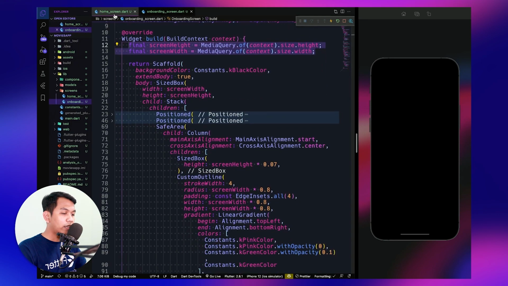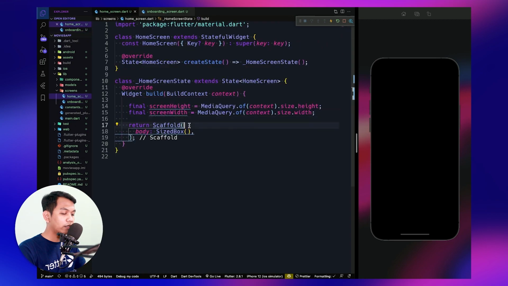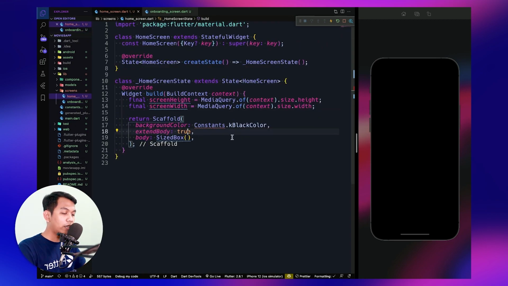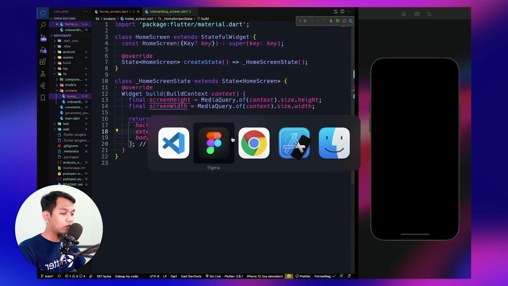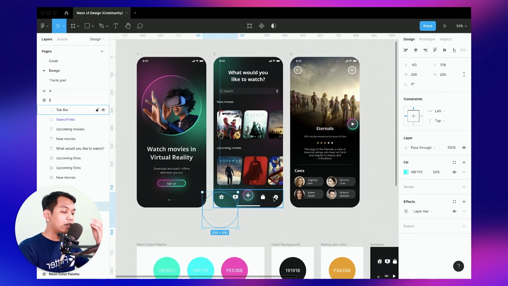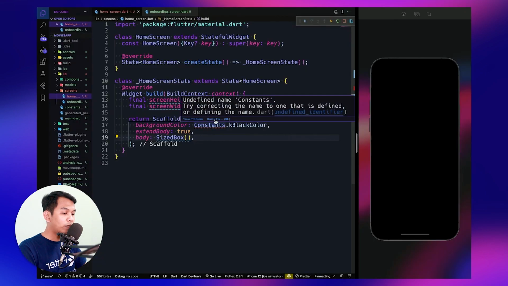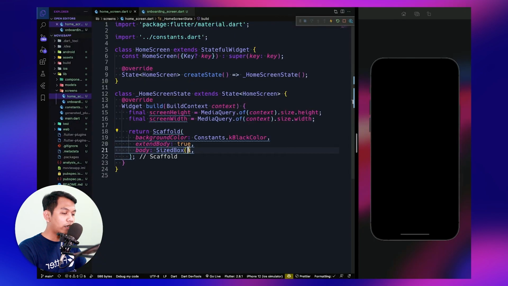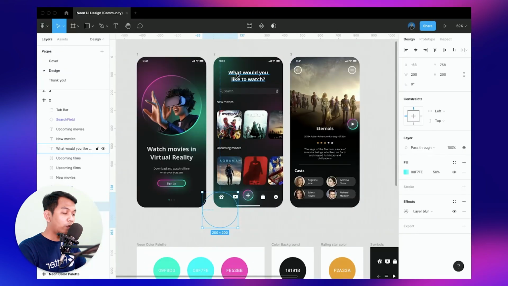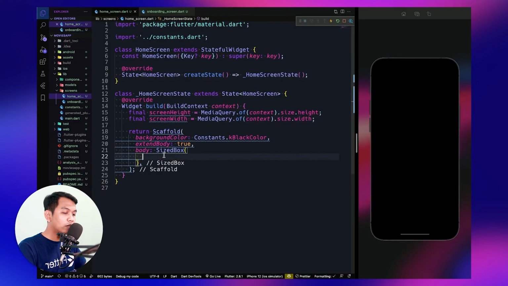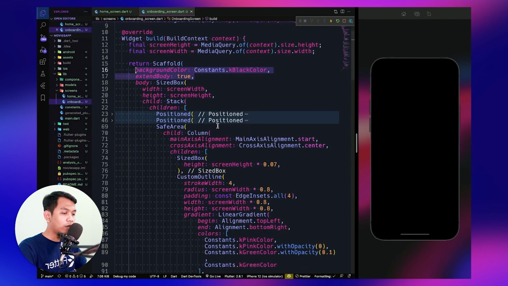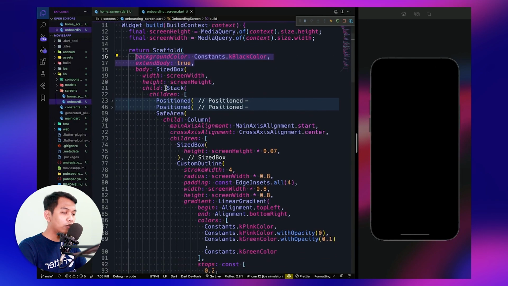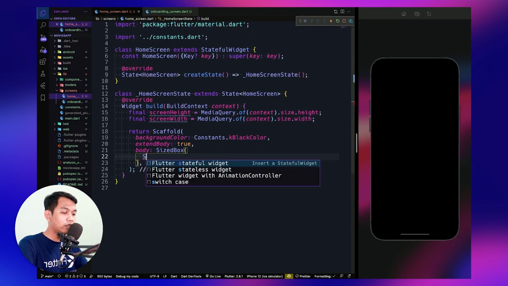Next we need to copy this, and inside our scaffold we need to set extendBody because we want to use a bottom bar. We need to import our constants, and inside our SizedBox we will have a list view. Inside this SizedBox, we want to use a Stack widget first.